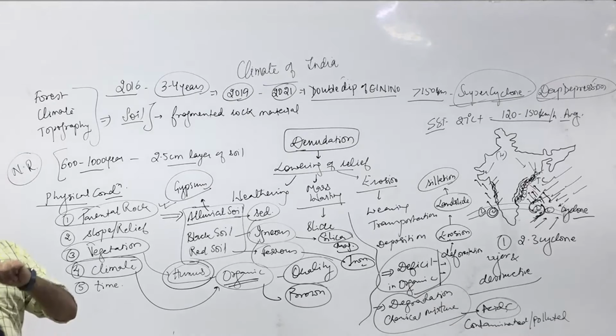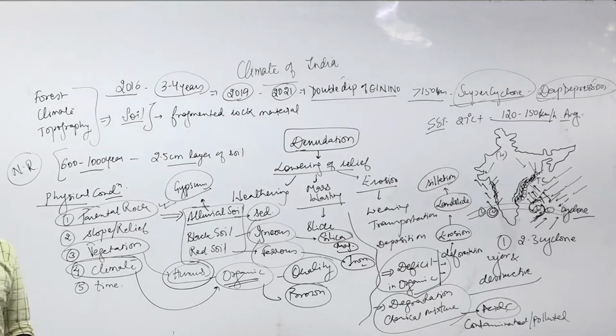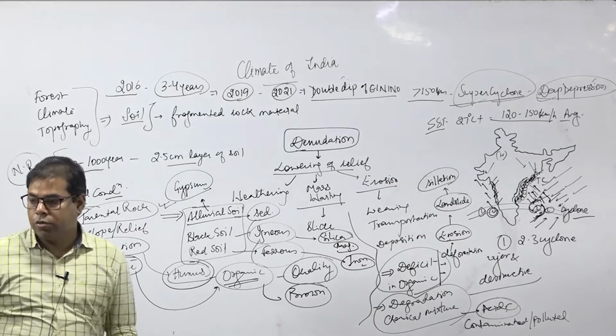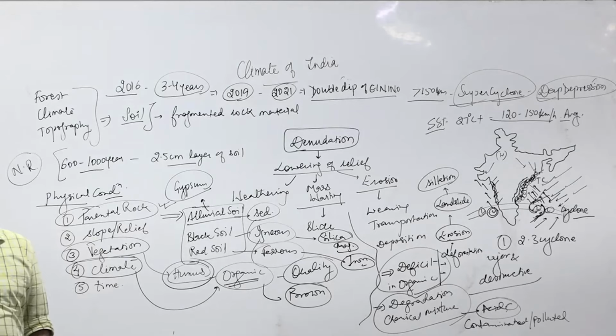Right? This was a question once in prelims. El Nino has adverse impact on the monsoon, and La Nina has adverse impact on the monsoon. Right? So, this was the question in the prelims exam. Clear? Right? Any doubt? Okay, so we will continue tomorrow with the human economic geography of the world.